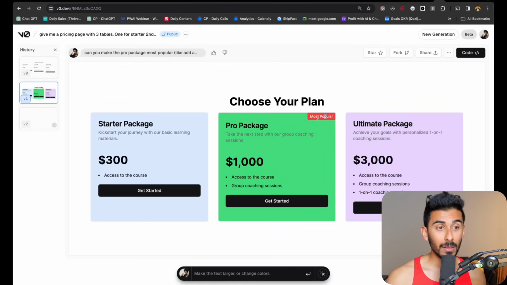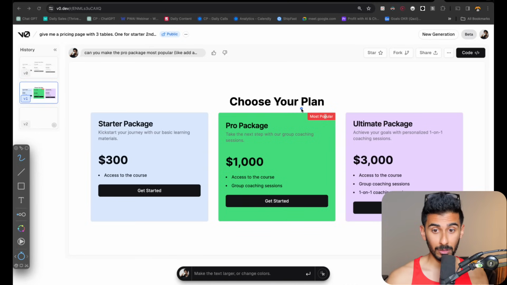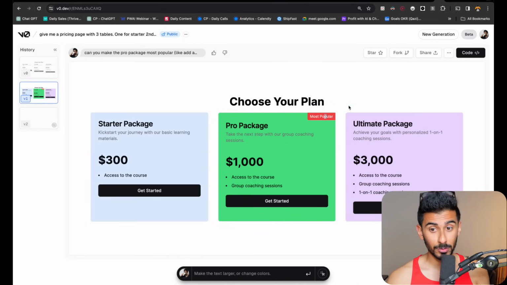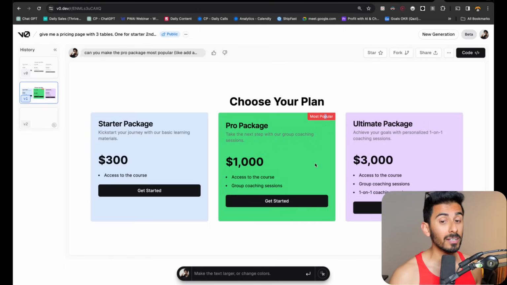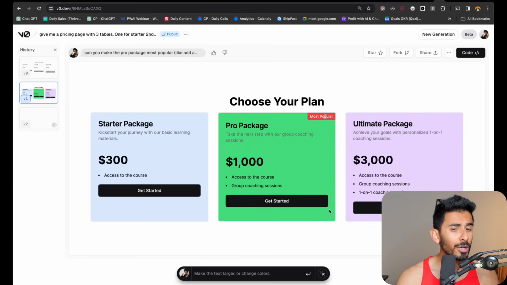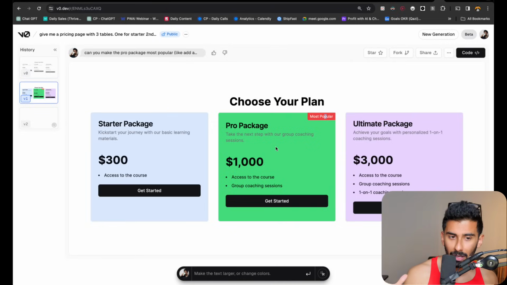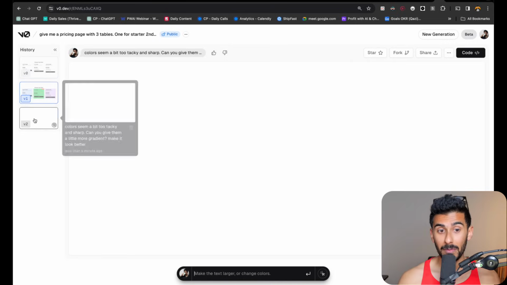But it got the most popular badge, which is absolutely fantastic. It got the different colors, which is amazing. I mean, I don't really mind the colors. I think the colors actually look pretty good. They just look a tiny bit on the cheap side, and I feel like if it was like glass or neomorphic, oh, maybe I could tell it that. Maybe I could be like,